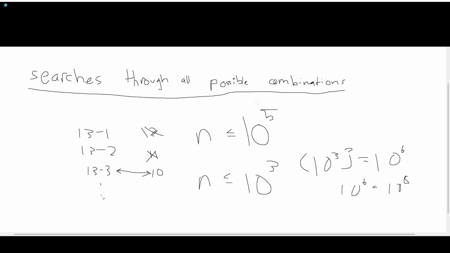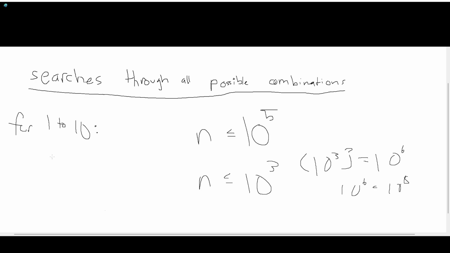Okay? So we've seen that this is a faster way to do it, but it's a harder algorithm to come up with. So say you wanted to think of a simple algorithm, what would that be? And it's, as the name suggests, really simple. It's a complete search algorithm. The way that complete search algorithm is going to work is we're going to have two for loops, okay? So for 1 to 10, and another one for 1 to 10. In this first for loop, we'll call the variable a, and then the second for loop, we'll call the variable b, okay? Then